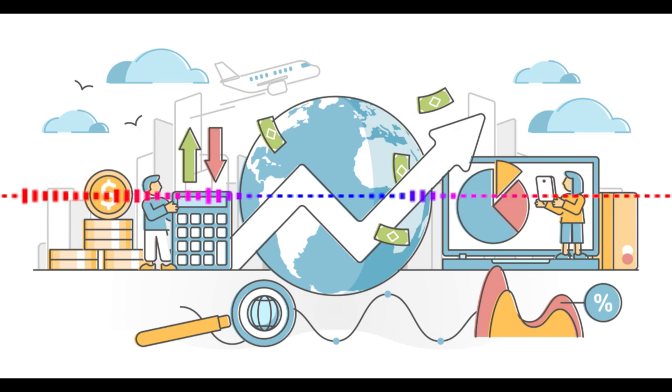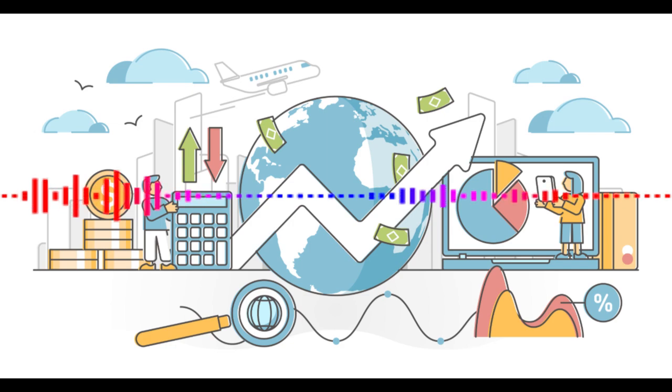Imagine everyone in Uruguay suddenly has more money to spend, but the supply of goods and services just can't keep up. Businesses would likely raise prices to take advantage of that increased buying power. Then there's cost push inflation, stemming from rising production costs. So when businesses have to shell out more for inputs like labor, energy, or raw materials, they often pass those costs along to consumers as higher prices.